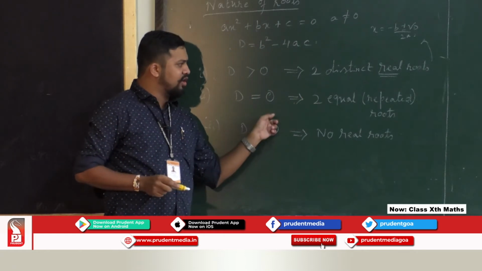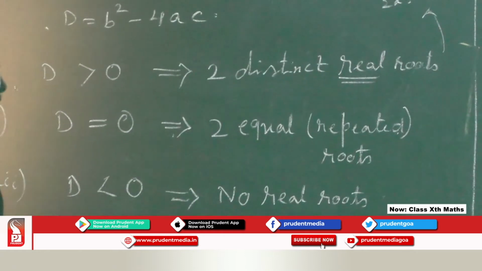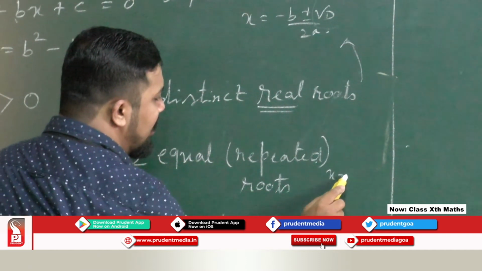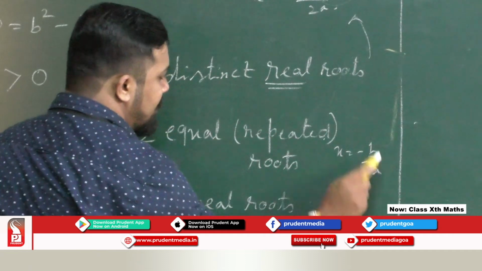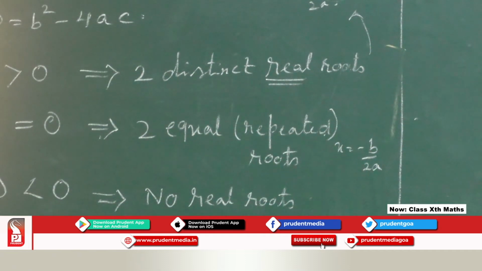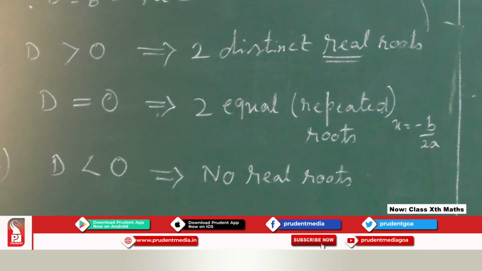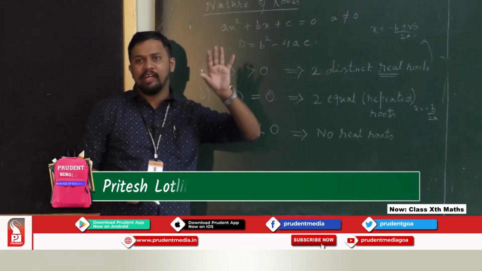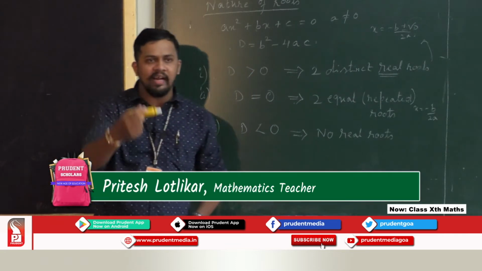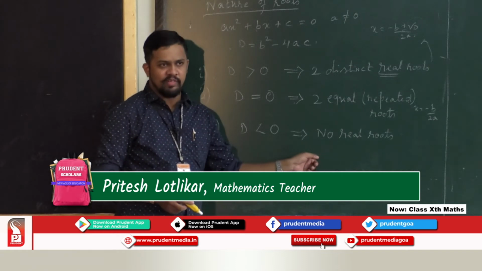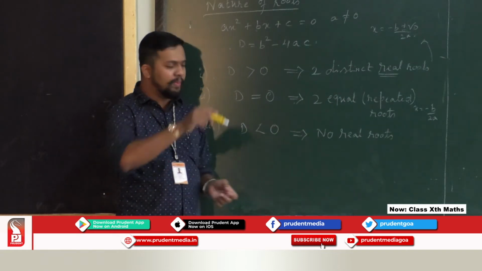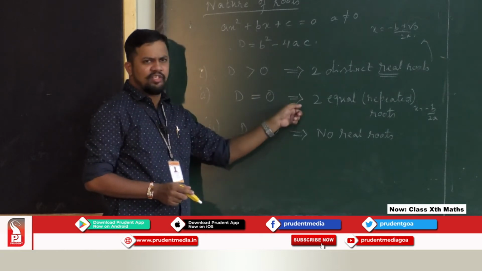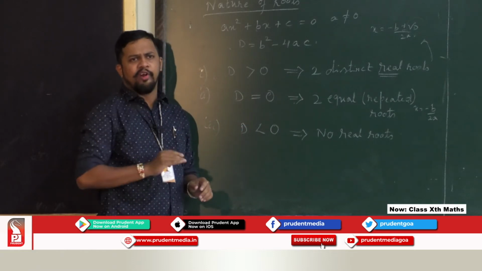Same way, when d equal to 0, two equal roots. So when this part becomes 0, what will be the roots you will get? You will get only minus b upon 2a. We will see today, minus b upon 2a. And when d is less than 0, means negative, that time there are no real roots, because till now negative roots we have not found out. When you go to higher classes, we will know how to find the negative roots, which comes under the heading called complex numbers. So today let me take one problem based on this, and just recap quadratic formula.